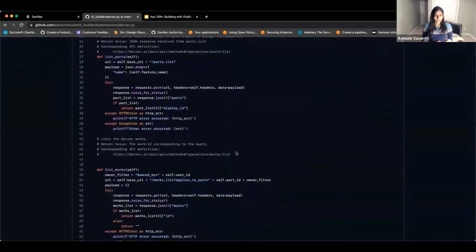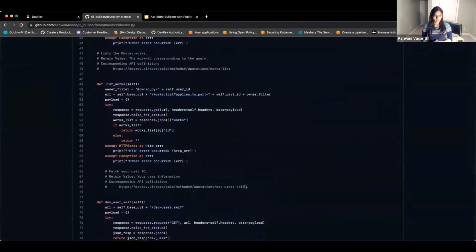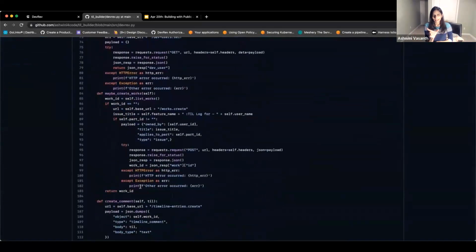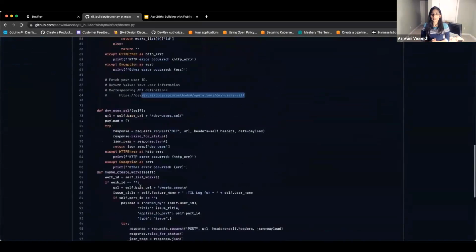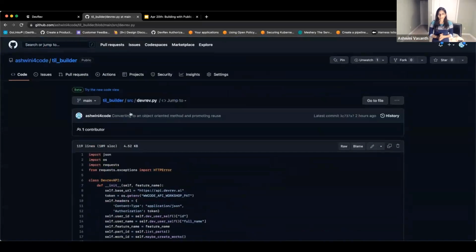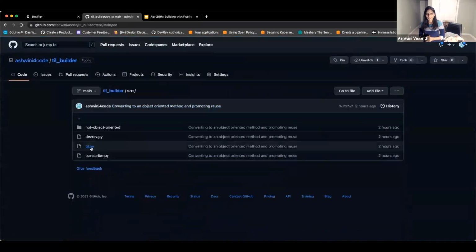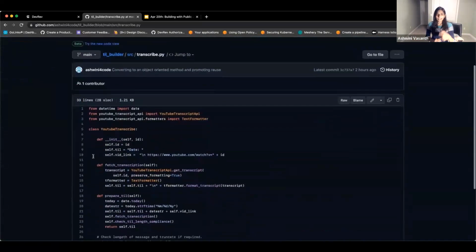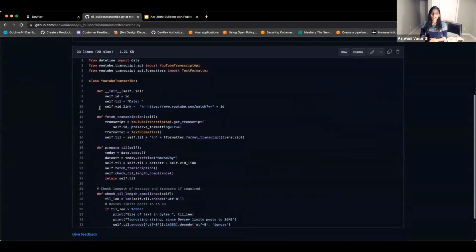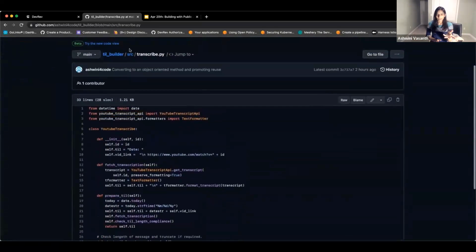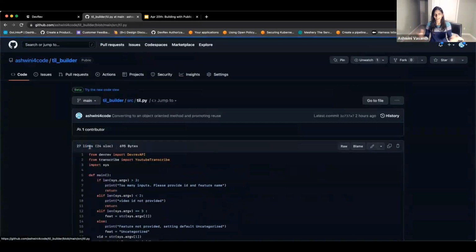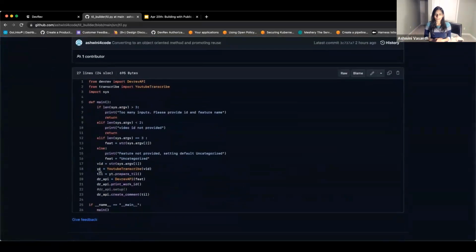Now going to this, which is the object-oriented code, which comes in a class, you will see every function has a linked URL pointing to the API specification that it is actually implementing. So it makes it easy to see how we're stitching things together. And this is the transcribe part. So the YouTube transcribe is a separate class. DevRev is a separate class to keep them separate. And then you have this TIL function, which uses both the classes together.